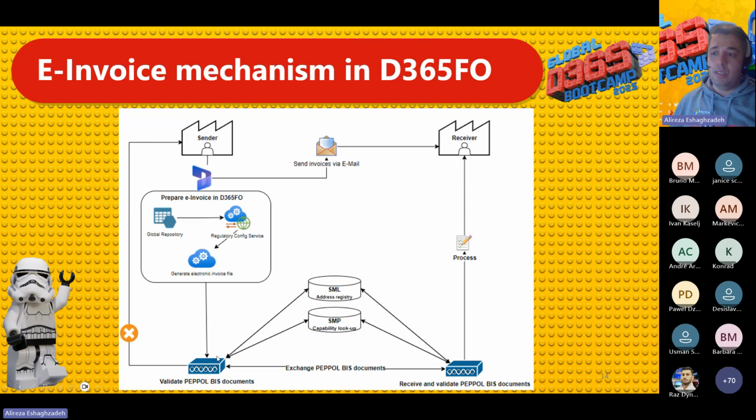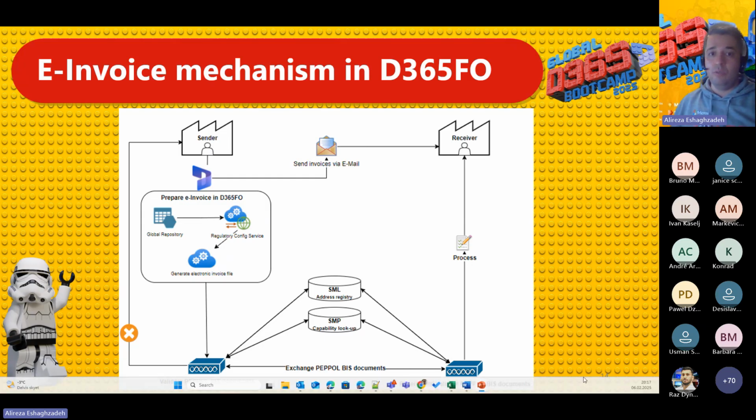So here is the access point, which needs to validate the file afterwards. It also has the validator in the access point. You also have the possibility to validate the file before you send it to the access point. But it's better that once you send the file to the access point, it already has all of the requirements